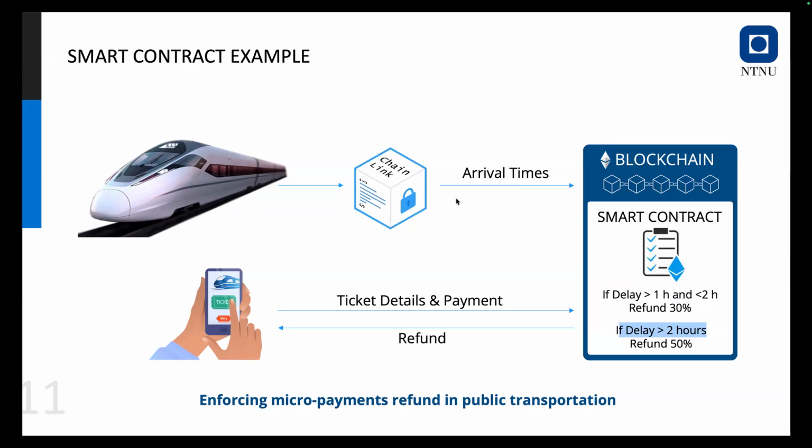So you can probably already see some problems here. What if I bought a ticket and then I fake that the train was late so I can defraud the company and get refunds, even though the train was not late, right? So you need to put trust somewhere and you have to secure certain elements. One crucial element is that this oracle